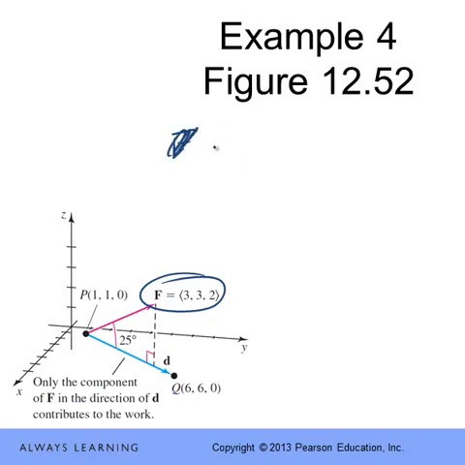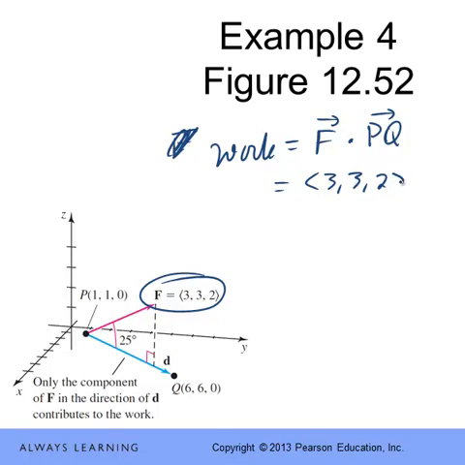So work is going to be the force vector dotted with the PQ vector, where PQ is that vector that gives you the direction and distance of the displacement. So I think that D, I guess, stands for displacement vector, huh? So F is 3, 3, 2 dotted with the PQ vector. Now the PQ vector